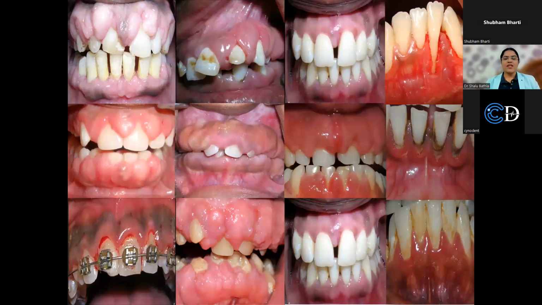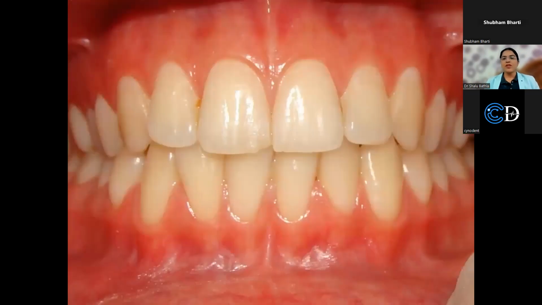So this is the actual scenario with the patients which comes in a perio clinic. And yes, with the normal conventional scalpel, we can eliminate and eradicate this condition and can produce such beautiful and healthy gums.